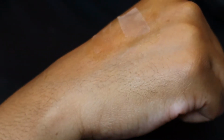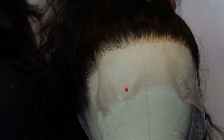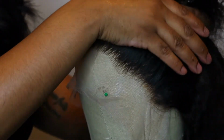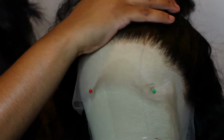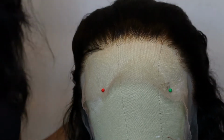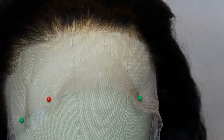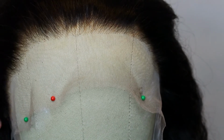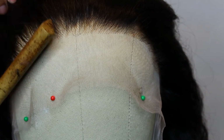Okay, so moving right along, the hair that I'm working with today is a 24-inch, 13x6, 180% density water wave wig. Oh Lord, that's a mouthful. So yeah, here you can see that I'm just prepping the lace and the hairline for install. My Shiny Wigs comes pre-plugged, so it wasn't much that I had to do, but I did go in and